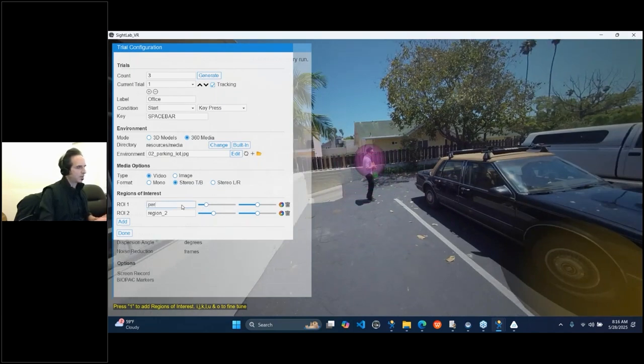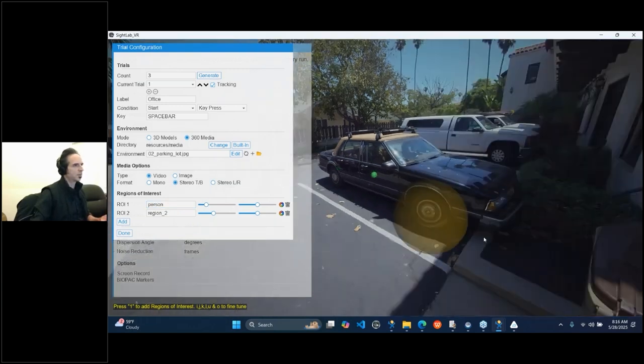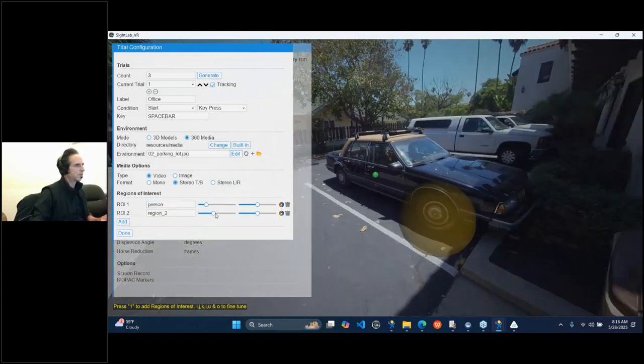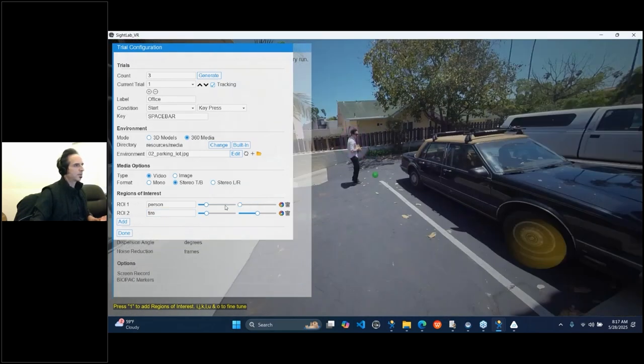And by the way, this also can work with the moving regions, but that's through a different example. So this is just showing you a really quick way to tag some of these objects, and I'll just call that tire. And then you're going to want to reduce the opacity so that the participant doesn't see that. And then I could call this parking lot. And for the last